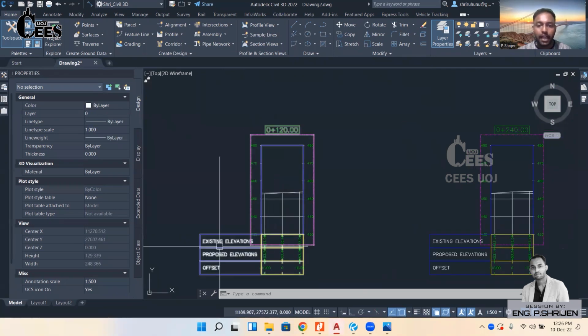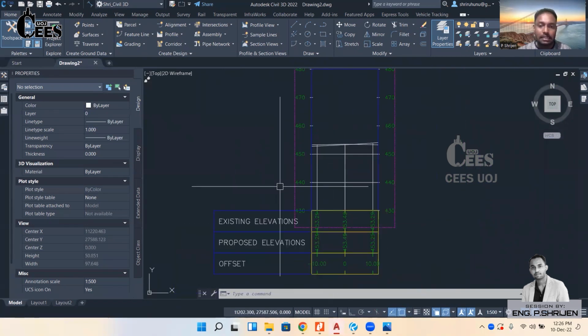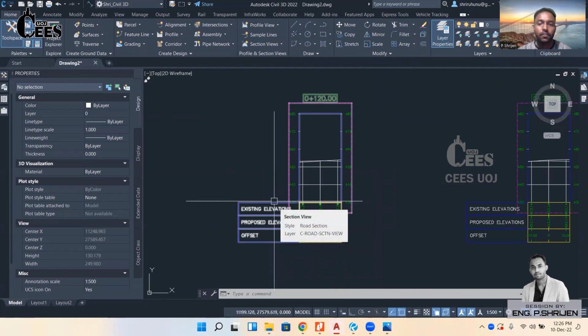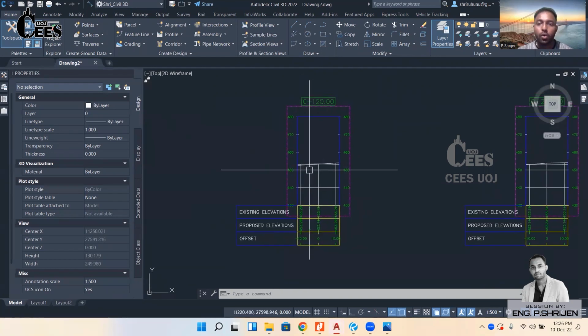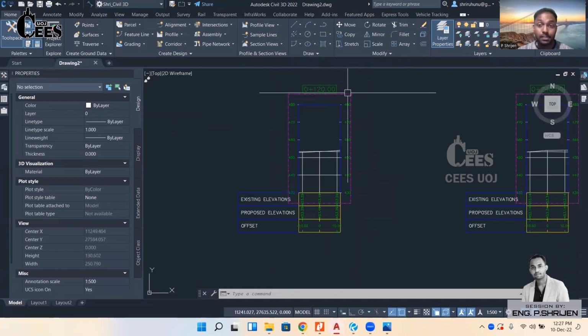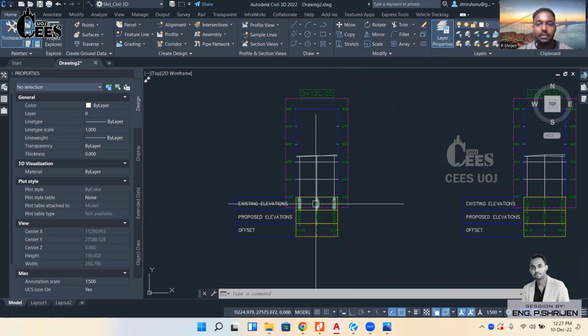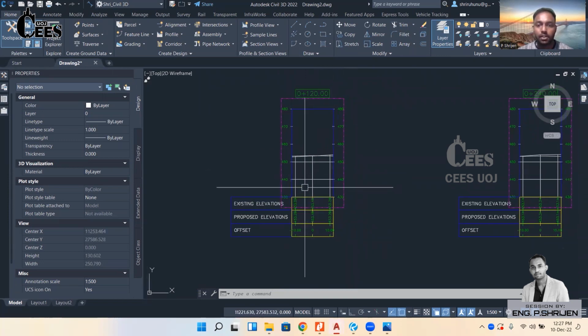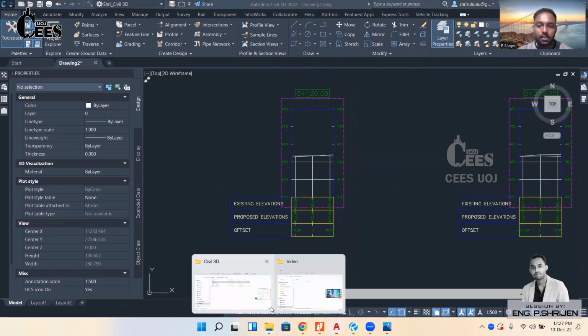And it also has some more customization, but this cross section is, how can I say, very low quality format, because we are not using this kind of styles in real practice. We customize these styles and give proper styles to get a better look for our cross section. For example,